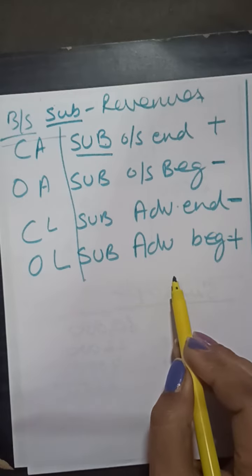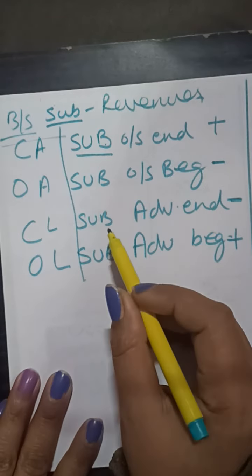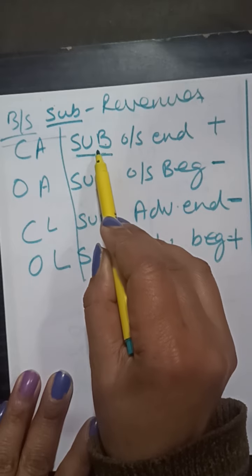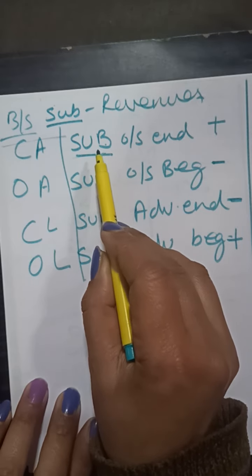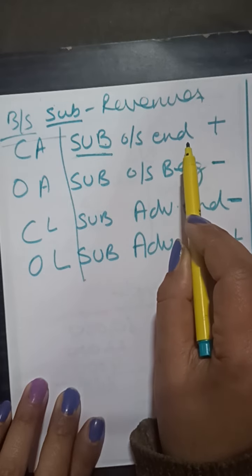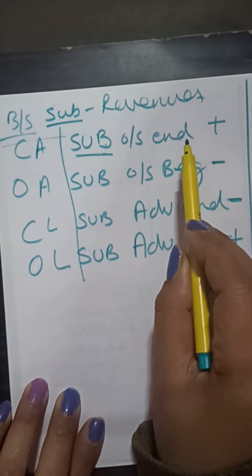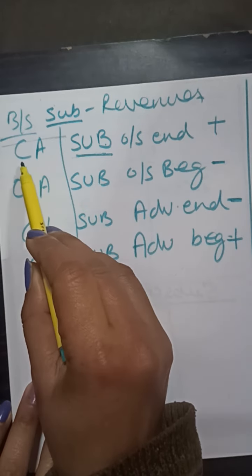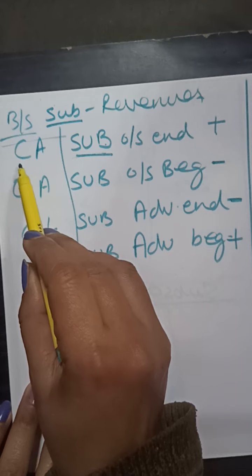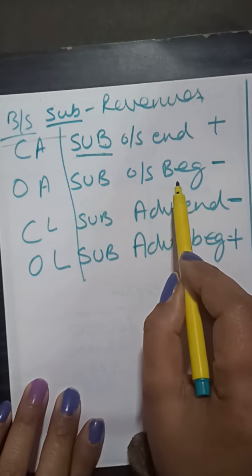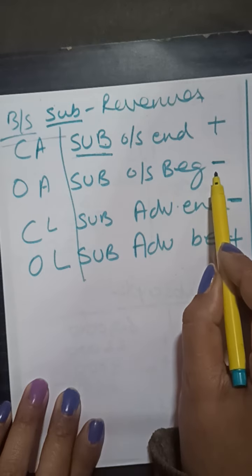This is the balance sheet treatment. In case we have been given subscriptions, and it is written that some subscriptions are outstanding at the end, that means definitely they have to be added. At the same time they will be shown on the asset side of the closing balance sheet. Subscriptions that are outstanding in the beginning, definitely they have to be subtracted from the income and